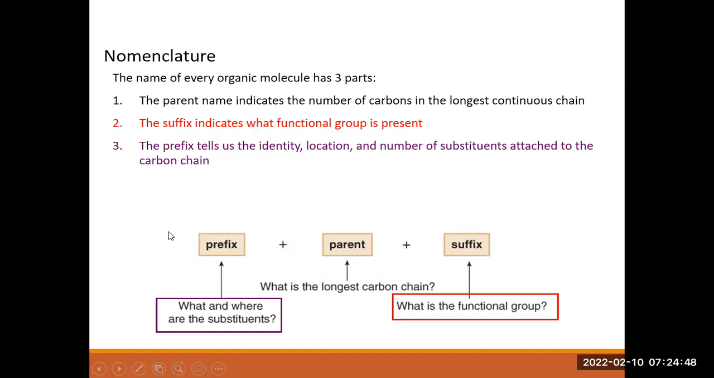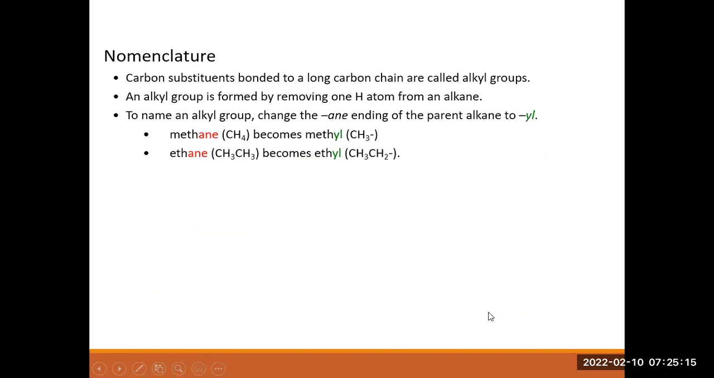So this is how it usually is. This is like a guideline on how these alkenes are named. We have a prefix, we have a parent, and we have a suffix. The prefix tells you what and where the substituents are. And then the parent is the longest chain of carbon. And this is the functional group for the suffix. For example, in this case,